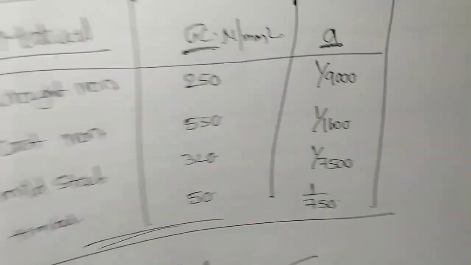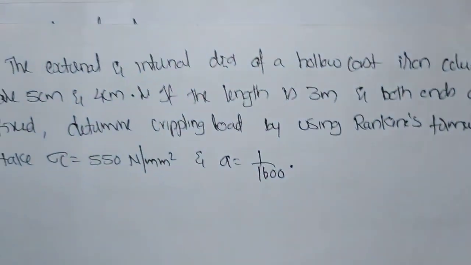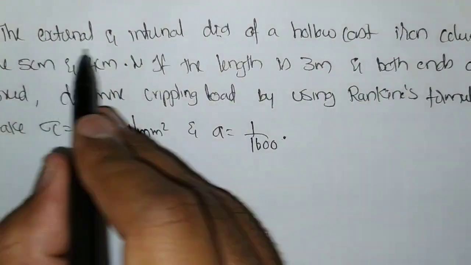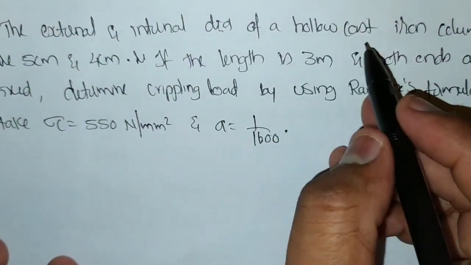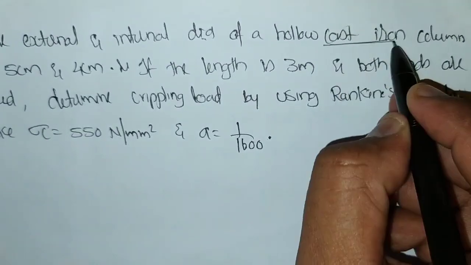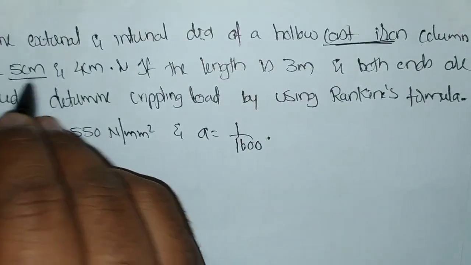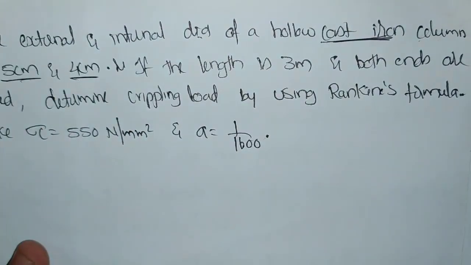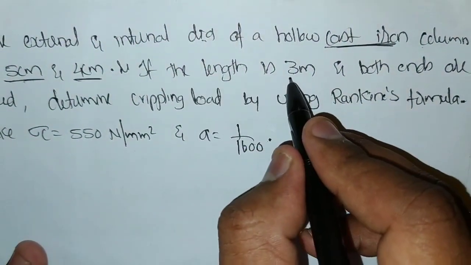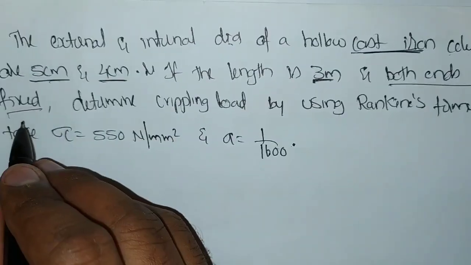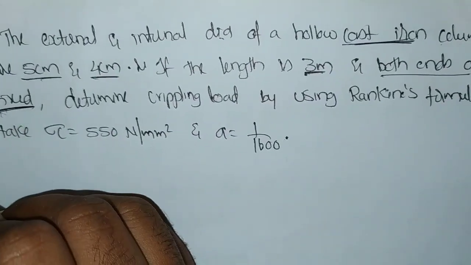So now we will solve one problem. If you see here, this is one problem. The external and internal diameter of a hollow cast iron column is 5 centimeters and 4 centimeters respectively. If the length of the column is 3 meters, when both ends are fixed,